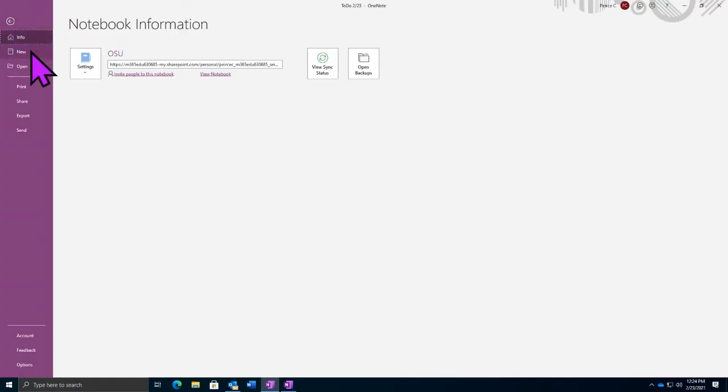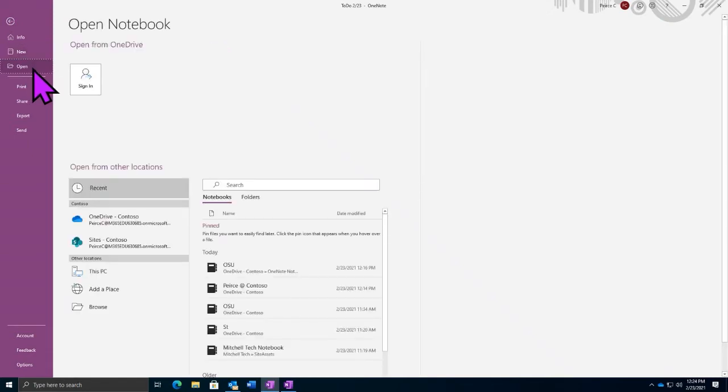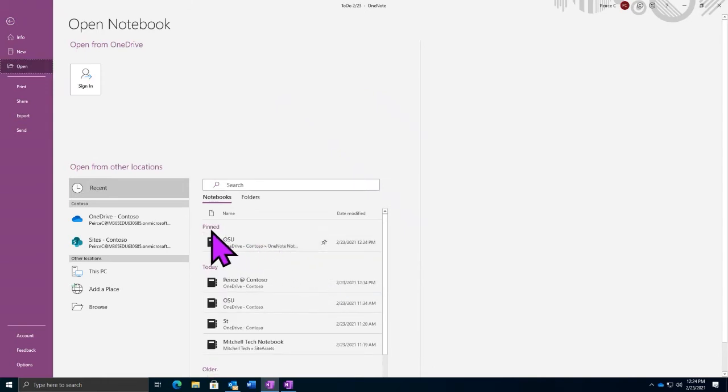Continuing down our list, we do have our new option, and we already talked about this a little bit when it comes to creating our notebooks, but we do have that option here to create a new notebook at any point. When we select the Open option, we will have a list of notebooks that we have recently interacted with. And if we go to our recently interacted with list, we can choose to pin a notebook. When we pin a notebook, it will be moved into our pinned section, and it will be easier to access if we do close this notebook and want to reopen it.